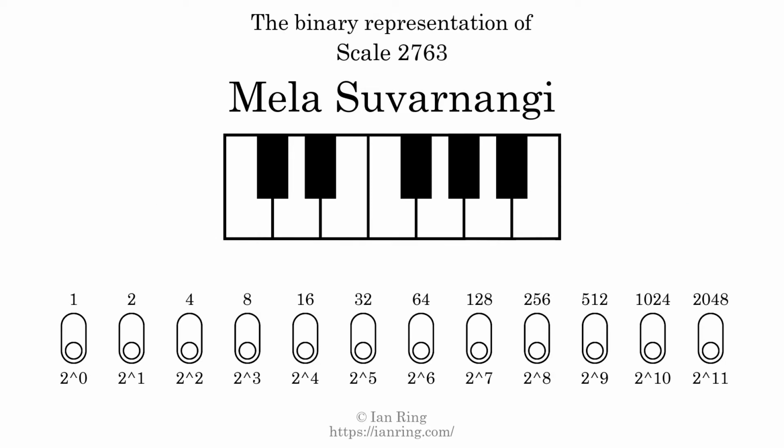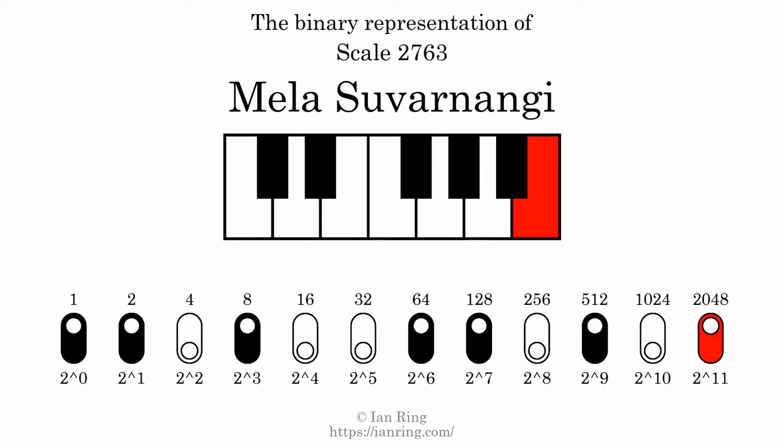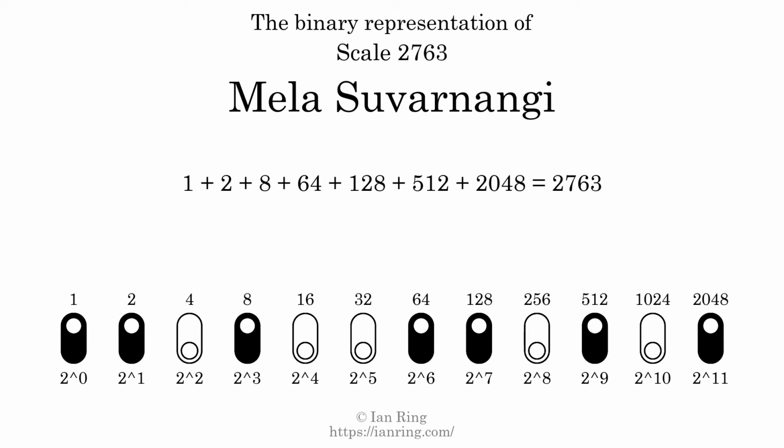The binary representation of this scale is determined by mapping tones of the scale to binary digits. Each binary digit represents a power of 2. To get the scale number, we add the powers of 2 together. The powers of 2 that are present in the scale, all added together, equals 2763. That is why the scale number, in decimal, is